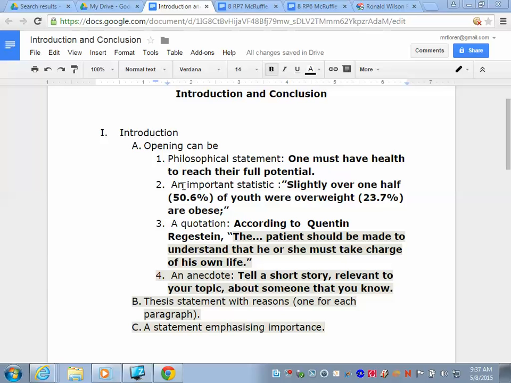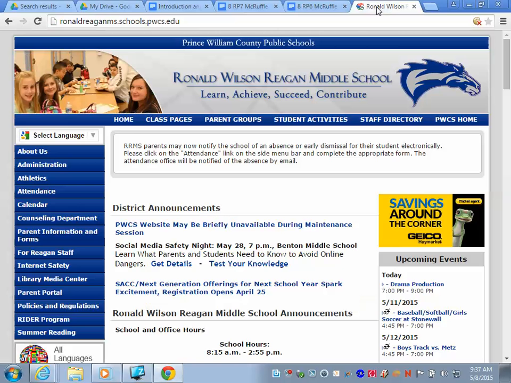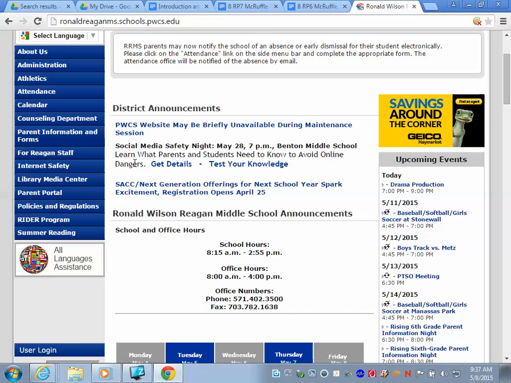You can use an important statistic, and we're going to spend a little bit of time on this one. An important statistic: slightly over one half, 50.6% of youth are overweight, and 23.7% are obese. So now, in order to come up with that statistic, you may want to do some additional research, and to get this I did. So what I did was I went back to the Reagan website. I went to the Library Media Center, and then I went down to the databases, which is at the bottom